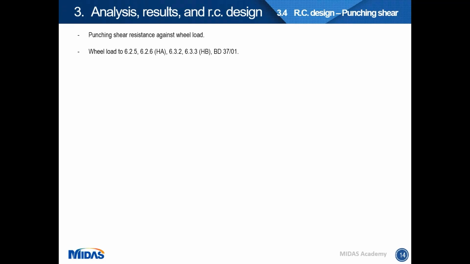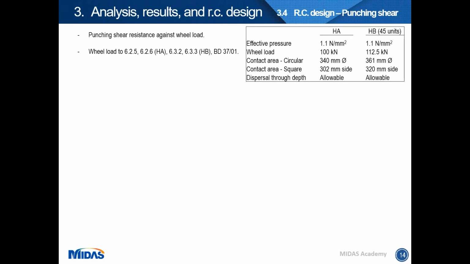I took the section that has been designed for bending moment to check against punching shear. Punching shear comes from the vehicle wheel load. According to BD 37/01, the effective pressure of both HA and HB should be 1.1 megapascal, but the total wheel load is slightly different. You can see here the contact area based on the pressure and the load is also slightly different. For square contact area, you can see that both are within the range of 300